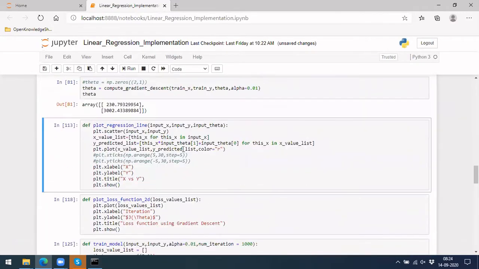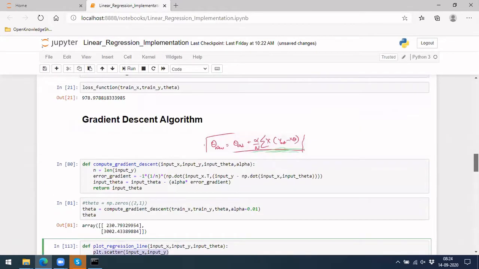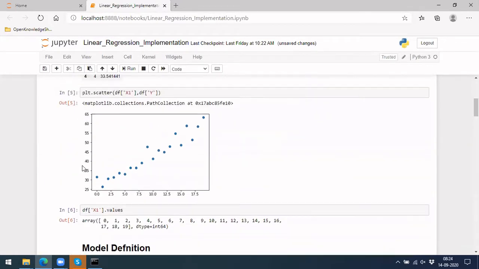I also wrote functions for plotting these two lines. The plt.scatter will give you the plot which we have represented before. You give x and y values here and you'll get this plot.